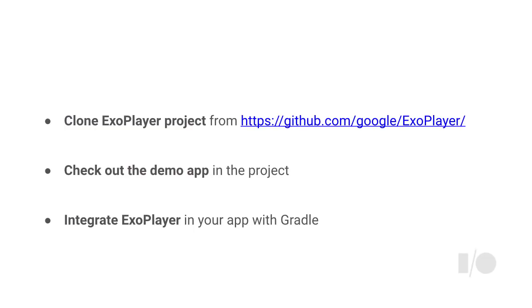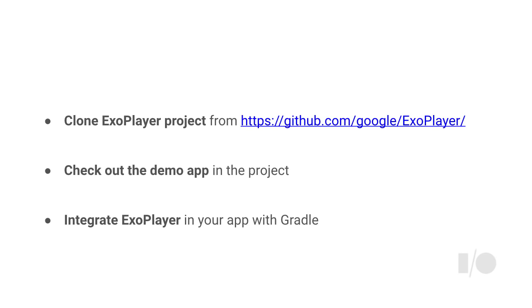So yeah, now call to action. So of course, we have some call to actions for you. Clone the ExoPlayer project. It's available on GitHub. Easiest thing is just to search for GitHub and ExoPlayer, and you will find the repository. Clone the repository, build the APK, and deploy the APK, the demo application, to your Android device, and then start